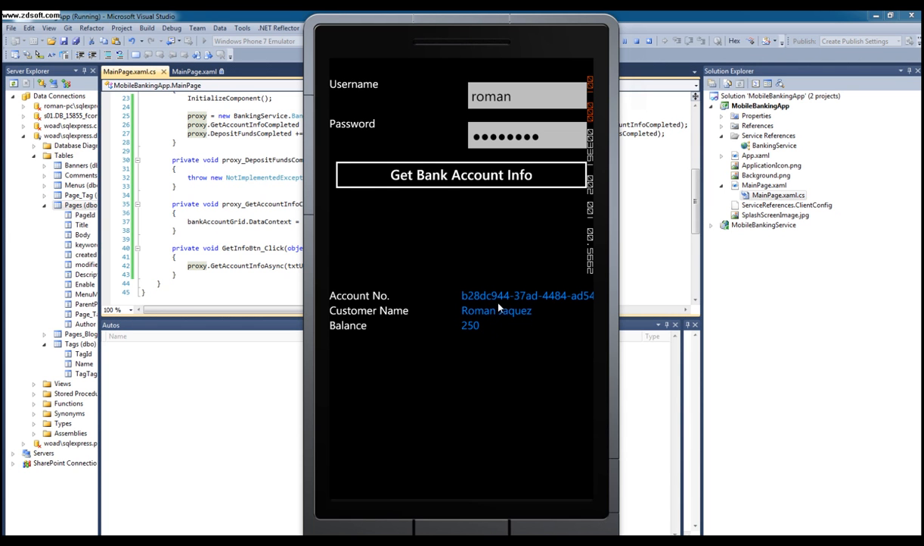We received the bank account number as a GUID. Well, it doesn't fit there, but it's okay. For the customer name, we received the customer name that we hard coded on the service, and the balance of $250. Now that we know how to receive information from a WCF service, why don't we also act upon this data and see if we can edit it right here? What we're going to do now is add a button down here